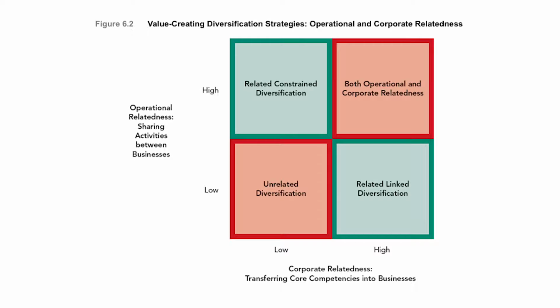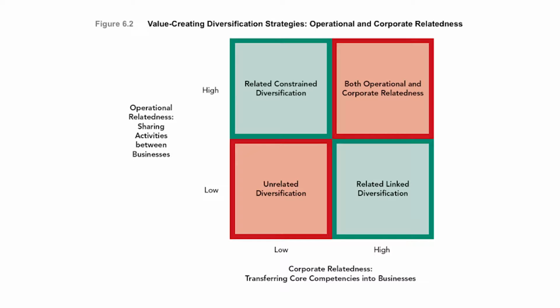Look at figure 6.2. With respect to the value-creating diversification strategies that we talked about just before, the strategy can be segmented into 4 types of strategies based on the levels of operational relatedness, that is, the extent to which firms share activities among